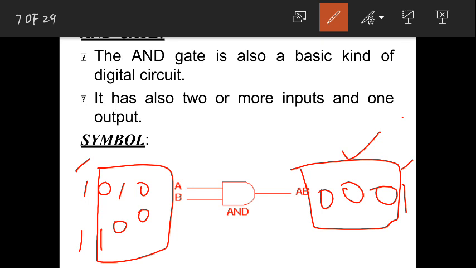So this is nothing but logical multiplication. We can call the AND operation logical multiplication, and the OR operation logical addition. You can't say directly it's an addition operation or a multiplication operation. You can call it logical addition or logical multiplication. For AND, you consider logical multiplication. So you can define it in such a way that if either of the inputs is equal to 0, then output is always 0, else the output will be 1. In this way you can define this AND gate.